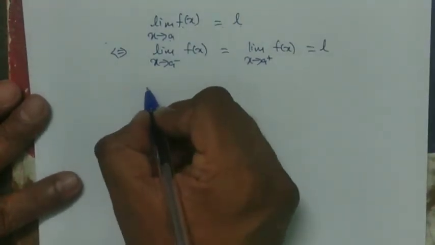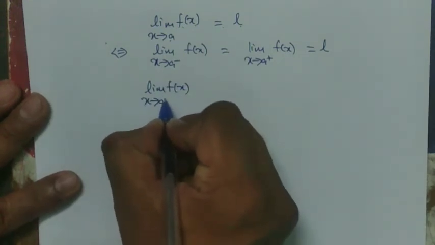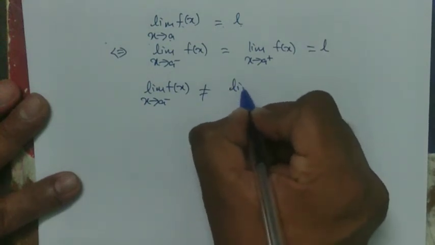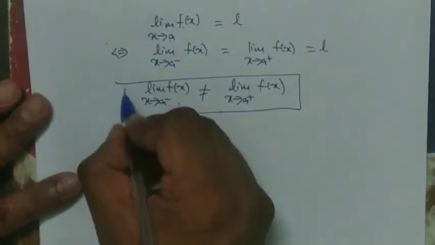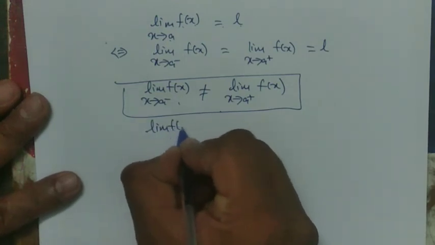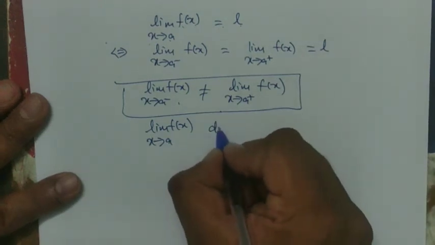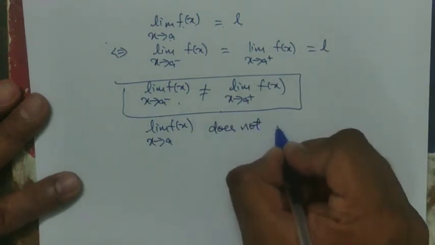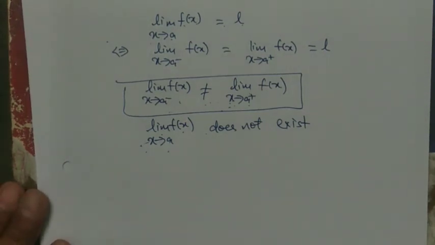In case the left hand limit of f(x) at x equal to a is not equal to the right hand limit of f(x) at x equal to a, then in that case what happens? The limit of f(x) as x tends to a does not exist. So the limit of f(x) as x tends to a will exist only when both the left hand limit of f(x) and the right hand limit of f(x) at